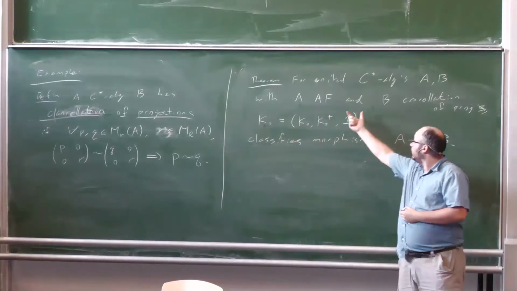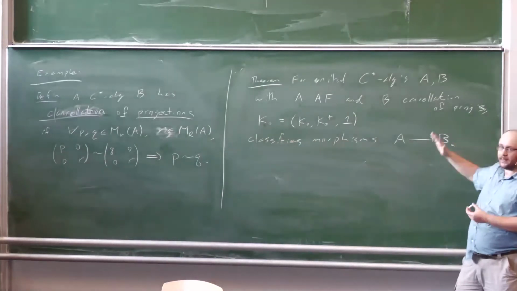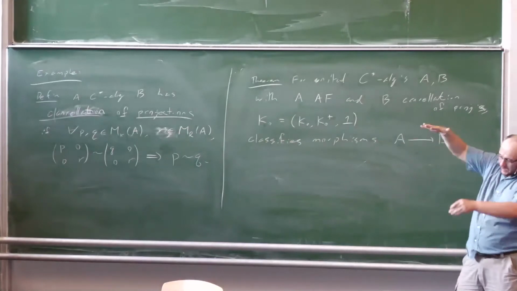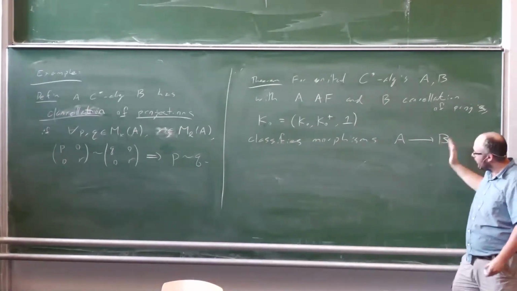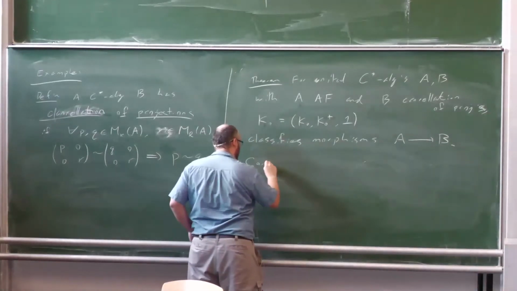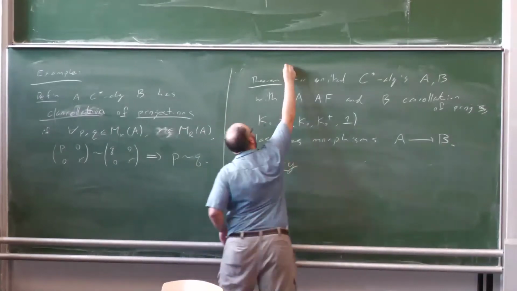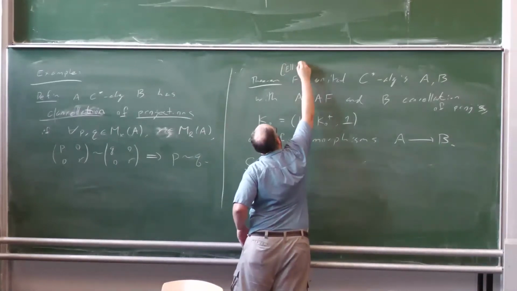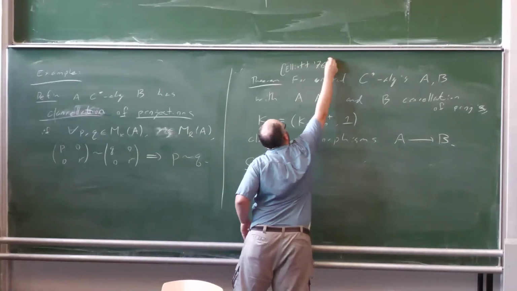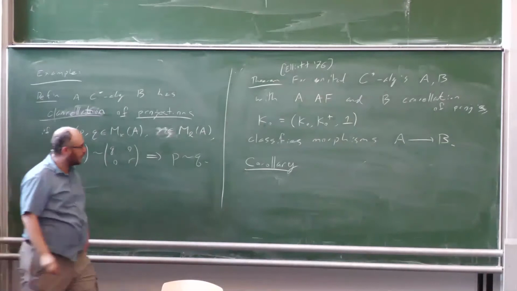And once you can classify maps from the finite dimensional subalgebras into B, an intertwining argument lets you line that information up and push it all the way to maps from A to B. And the corollary to this is